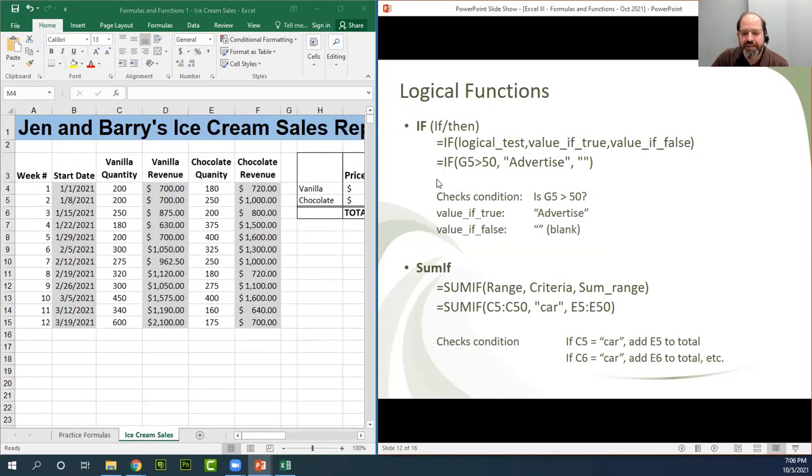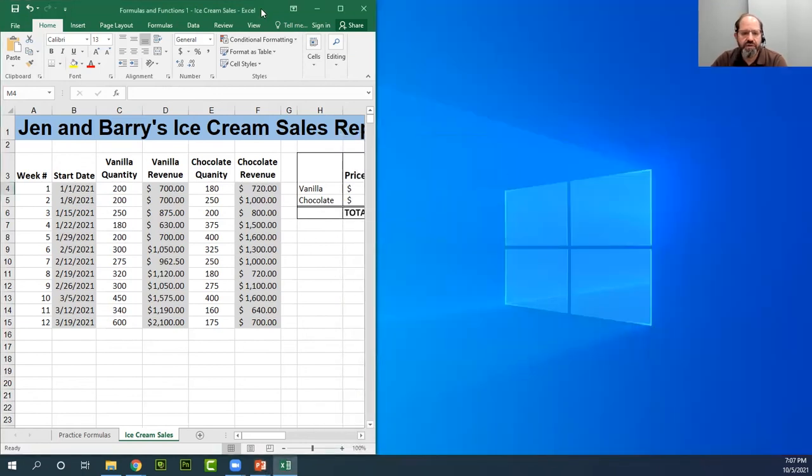And there's a wide variety of logical functions, but your basic logical function is the IF function. If you're familiar with any kind of programming, if-then is kind of a basic thing of mathematical thinking and logic. So the way this works is you have 3 arguments in the IF function. There's a logical test, there's a value if true, and there's a value if false. So with that introduction, I'm going to come back to